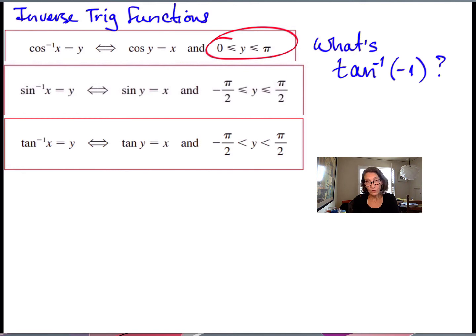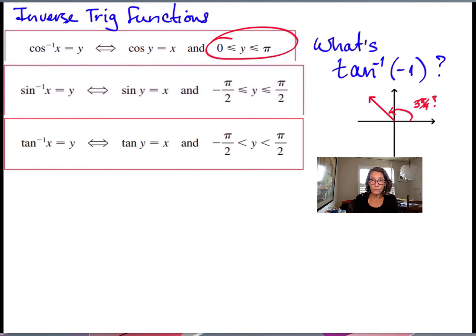One is positive and one is negative. But also it's -1, so that means that the sine and the cosine have the same absolute value. So remember which angles have that property. So the angle 3π/4 has tangent equal to -1, because the sine is positive √2/2 and the cosine is